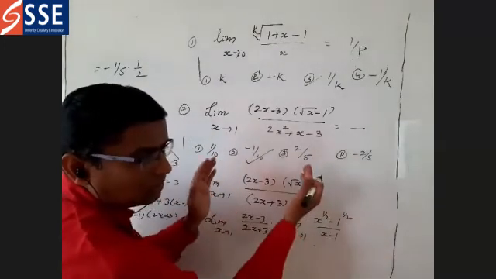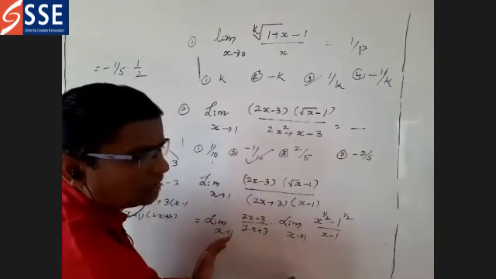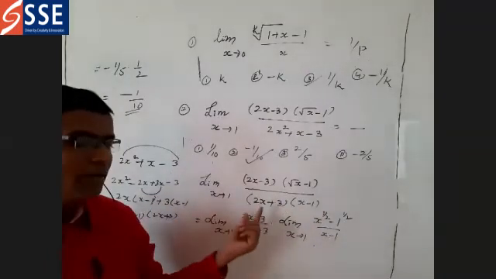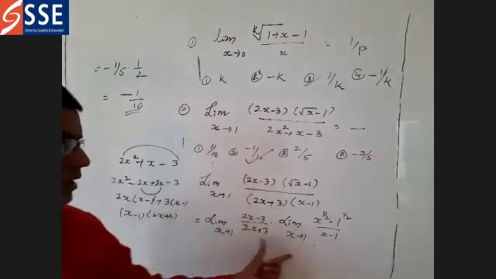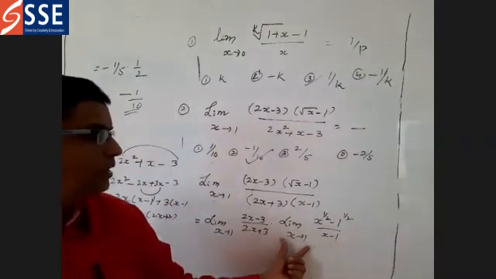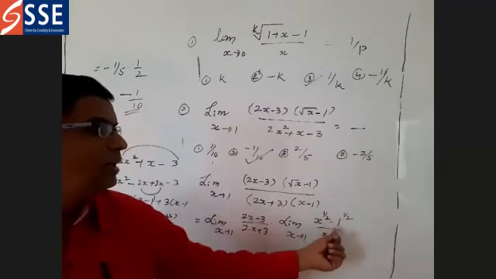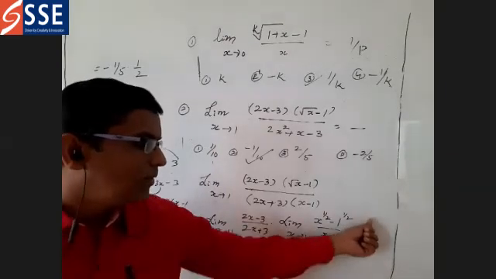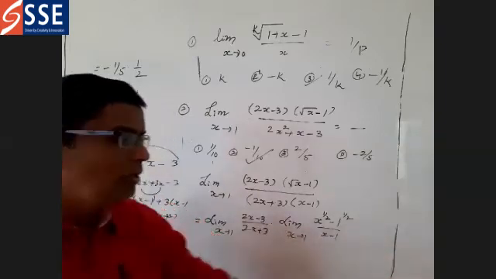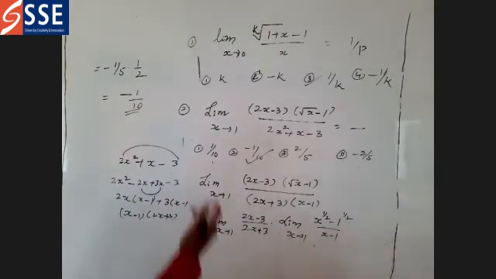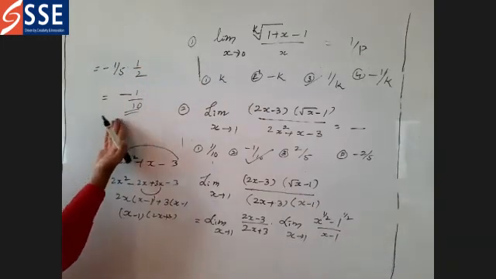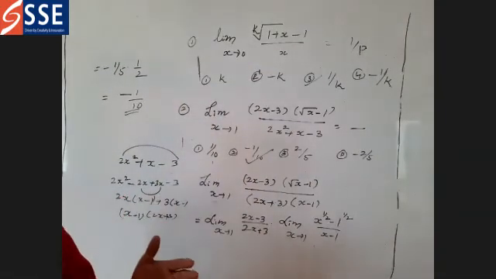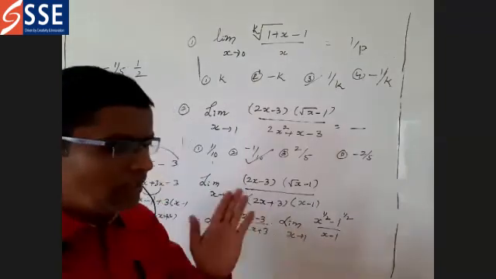Better go for this method. So find out if there is any possibility to cancel the numerator and denominator, try it, otherwise go for this thing. So you are already familiar with limit x tends to a of x power n minus a power n by x minus a. So 1 minus 1 by 2 into 1 power something will be 1 by 2 into 1 by 2 only. You are going to get n into a power n minus 1, the same formula, with 1 by 2 you are getting, so the answer is minus 1 by 10. Like this you are going to solve the problems based on what is given.